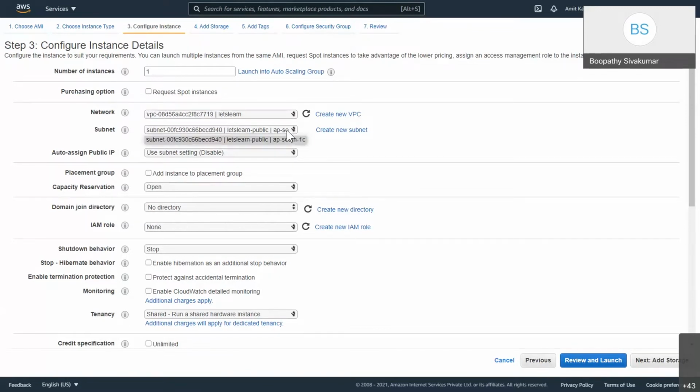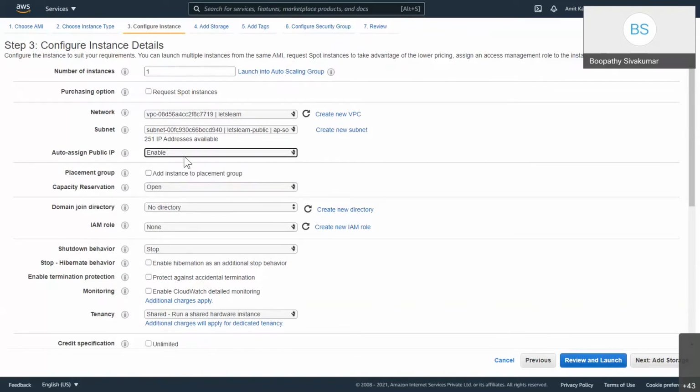As there is currently one subnet available, we will stick with that. If you are creating your own subnets, you will not have an option to auto assign the IP. You need to enable it at the subnet level. If you are not enabling it, you need to enable it here. In the drop down, click on enable.